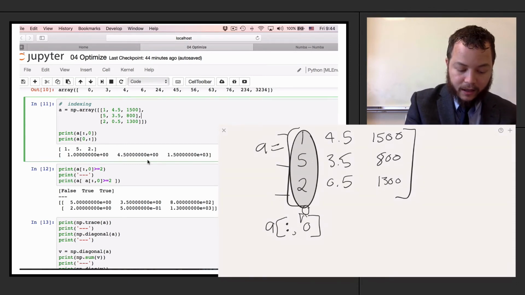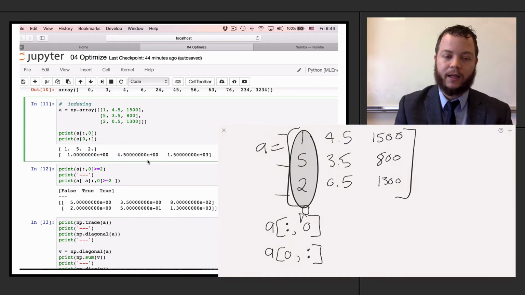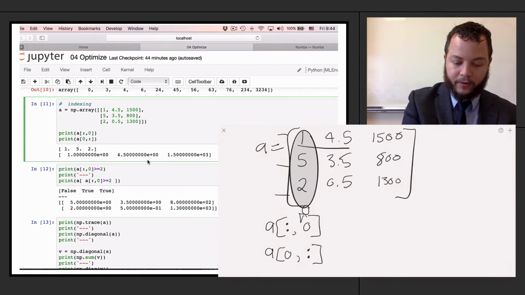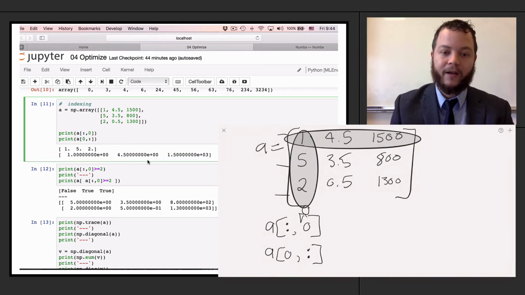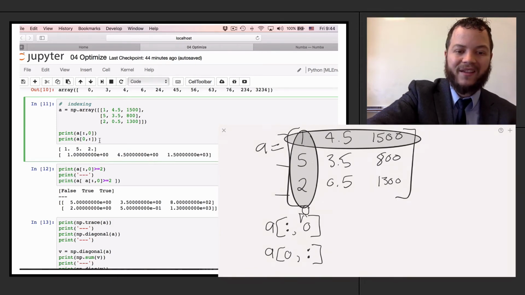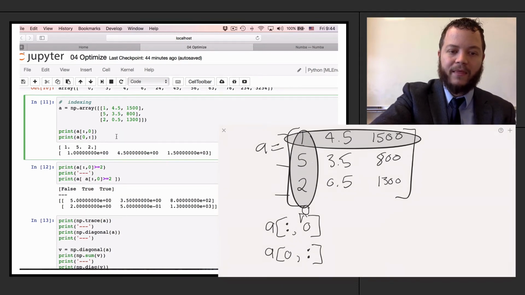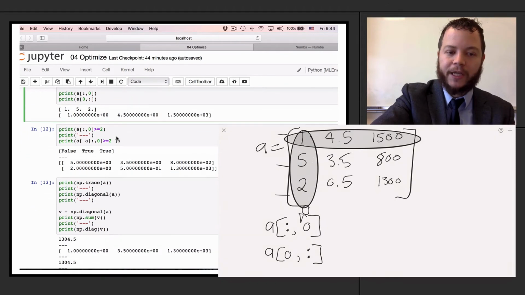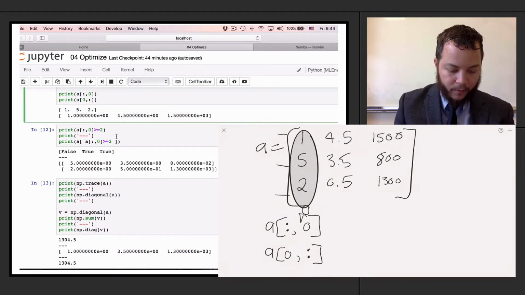I can do the exact same notation here where it says, no, I want the 0th row, and I don't care what is in the different columns that might exist right here. And so that would grab the 0th row of A, being 1, 4.5, and 1500. And so we can see that those are the exact supported operations that we have for this. And that gives rise to some interesting different things that we can do here. So let's go back a little and look at